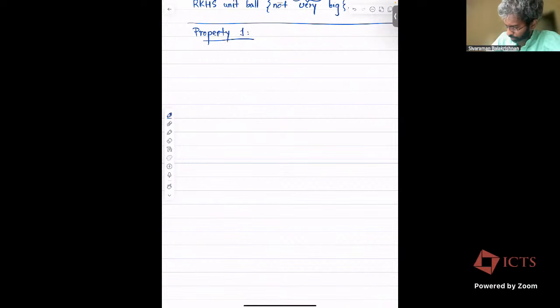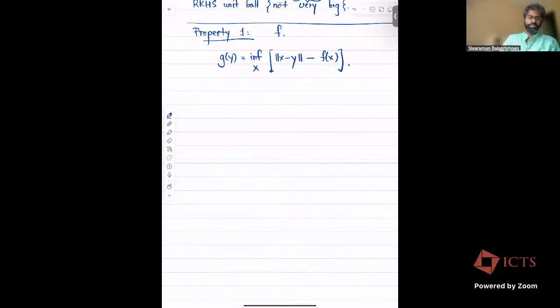So if I'm giving you any f, and I want to reason about the C transform. So what is the C transform? It is this thing: inf over x of the cost minus f of x. Right? So this is the definition, and I want to convince you that g of y is a one Lipschitz